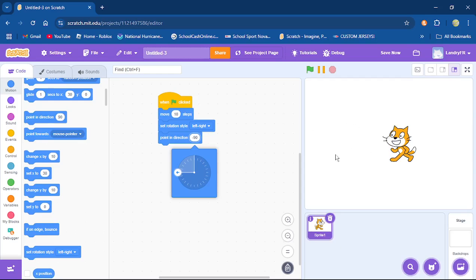My cat flipped to the left, and now he's not on his head anymore. He actually just turned, it's basically flipped the image of the sprite to look to the left. So instead of looking dumb and him being on his head, now it's looking exactly how it should look. And that's because I've set the rotation style left to right.